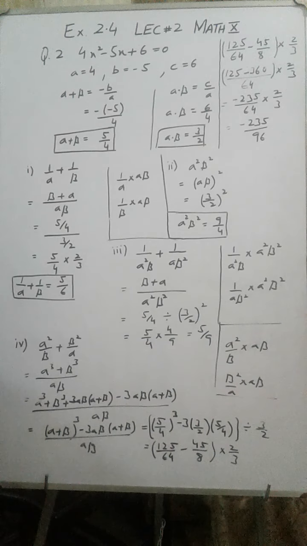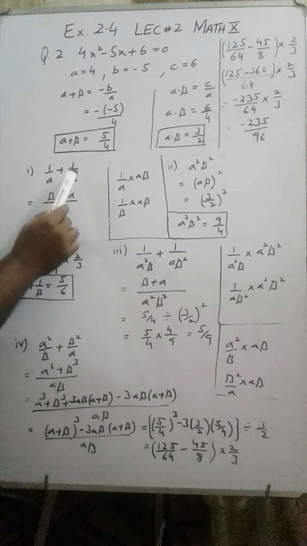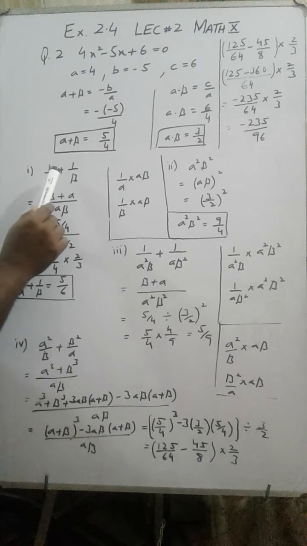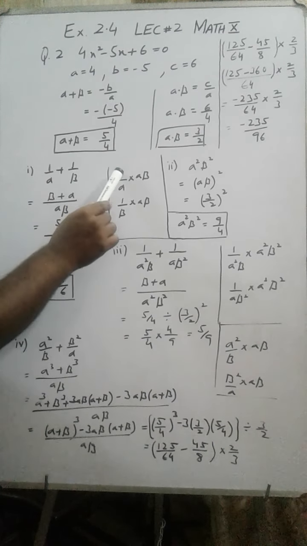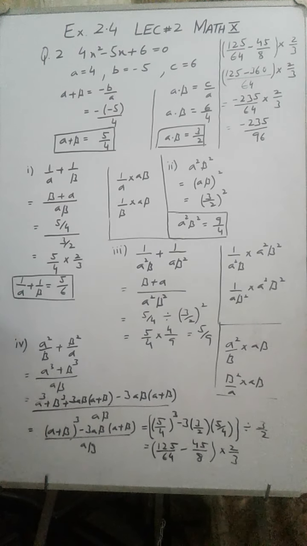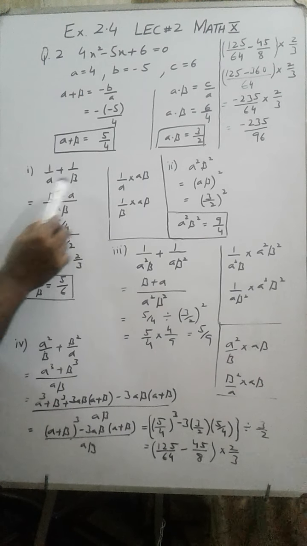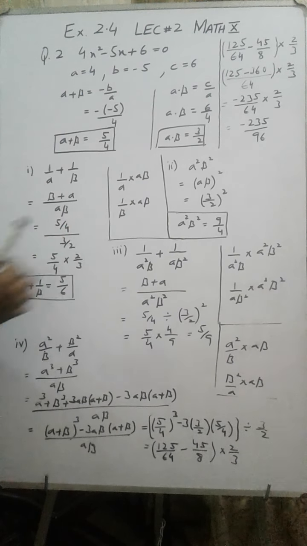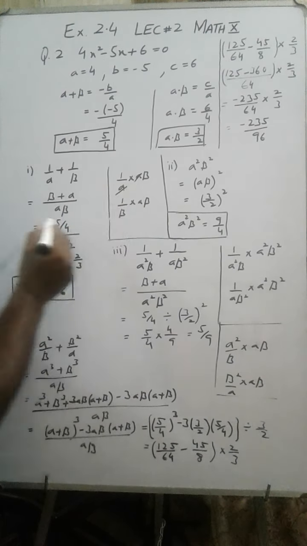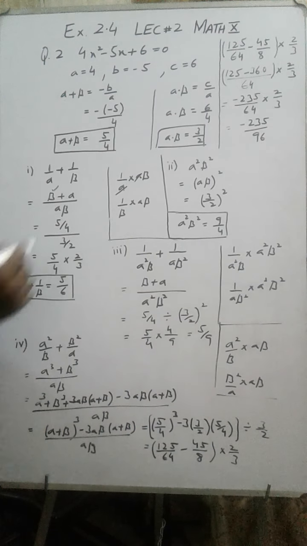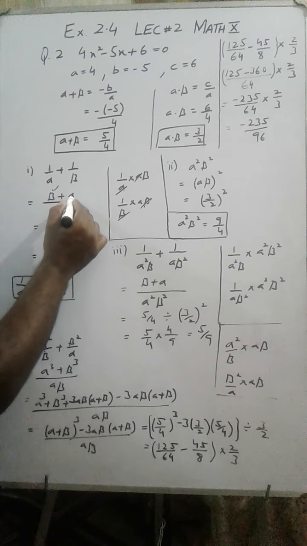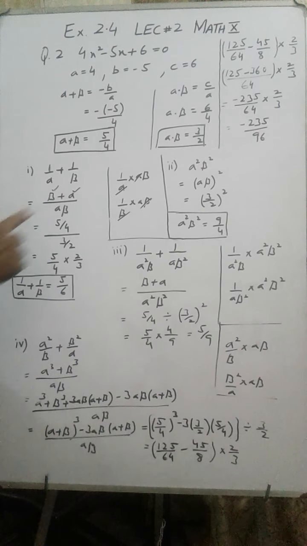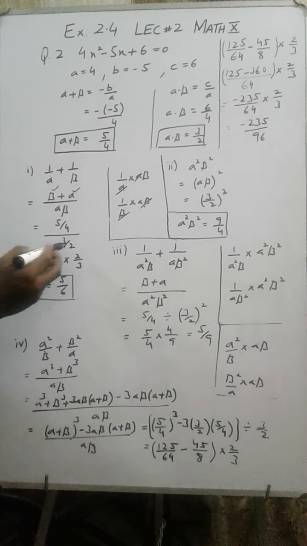Now 4 parts are given. First part is find the value of 1 over alpha plus 1 over beta. Addition of fractions, so alpha into beta is LCM. 1 over alpha, 1 over beta write separately in the rough work, but that will be a part of a neat work. So 1 over alpha, first fraction multiplied by the LCM, alpha into beta. So alpha and alpha are cancelled. What is left? Beta is left over here. So similarly 1 over beta multiplied by LCM, so beta is cancelled, so alpha multiplied by 1, alpha is left over here. So you have alpha plus beta over alpha into beta.